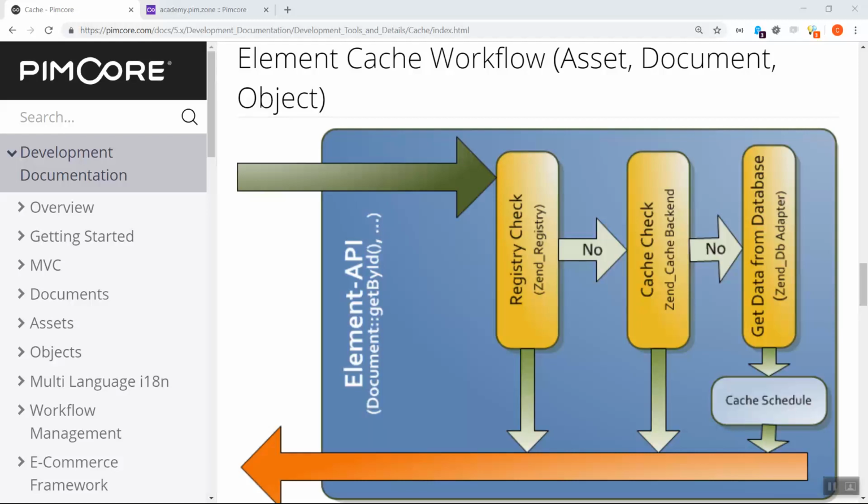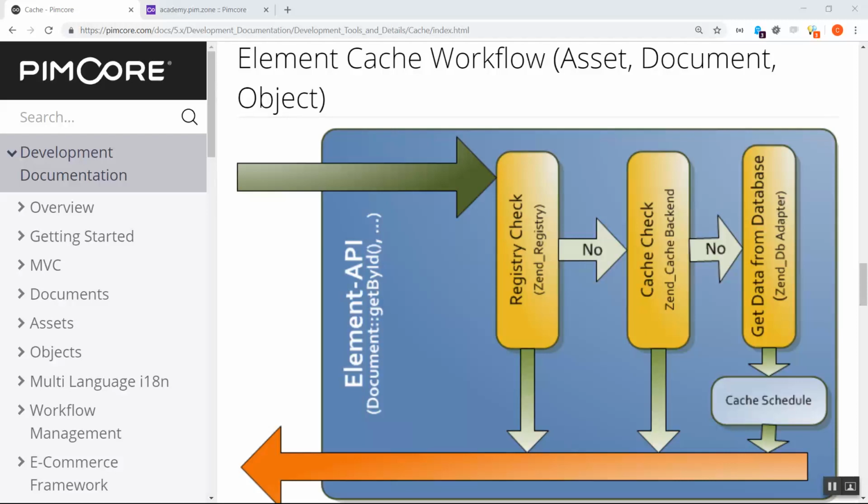The reason why only 50 elements are stored into the cache backend is that during one request there could be thousands of elements that are loaded and would need to be written into the cache, and in order to avoid very long running processes and also to avoid memory inconsistencies, the caching queue is only processed with the 50 most important items. This is quite important information because when you observe the behavior of Pimcore applications, then you will